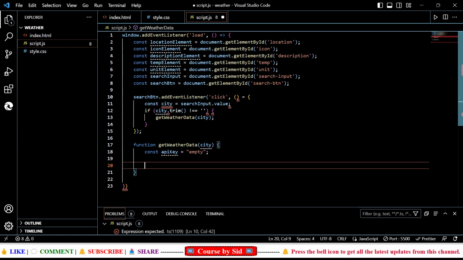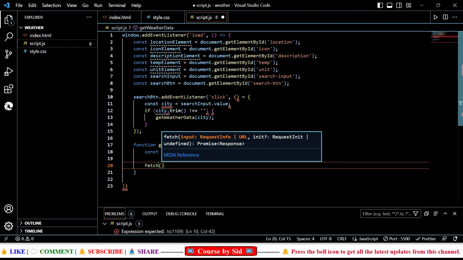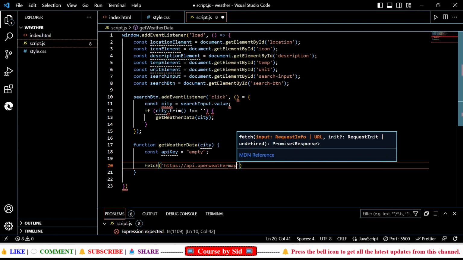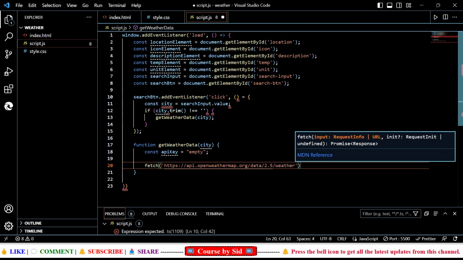We're going to replace this with OpenWeather, but before that we'll be writing fetch, and this will be https://api.openweathermap.org/data/2.5/weather, and this q equal to $,